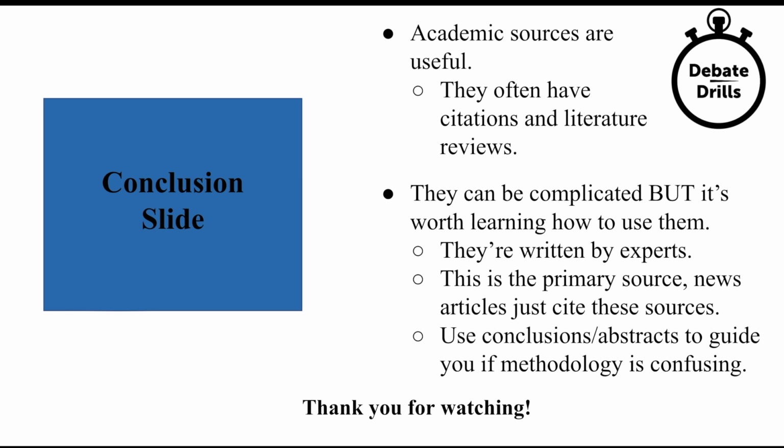Finally, you want to use conclusions and abstracts to guide you if methodology is confusing. Conclusions and abstracts provide a helpful resource, especially for finding cards. You're not likely to find a card in the methodology section, so you can skip over that if it's too much. Just read the conclusion and the abstract, take what you need, and you'll be able to find something